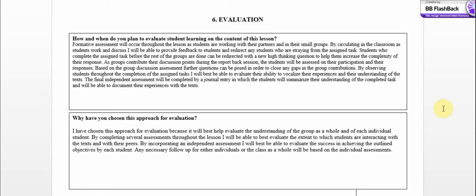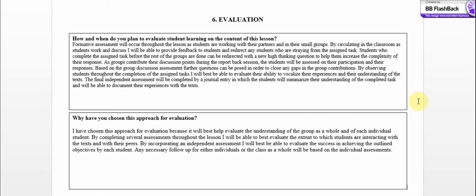Now, based on the group discussion assessment, further questions can be posed in order to close any gaps in the group contributions. By observing students throughout the completion of the assigned tasks, I will be able to evaluate their ability to vocalize their experiences and their understanding of the text. The final independent assessment will be completed by a journal entry in which the students will summarize their understanding of the completed task and will be able to document their experiences with the text. At this point, they'll be able to tell me if they feel they've reached the objective, and if they have,